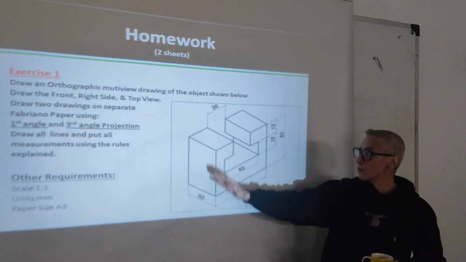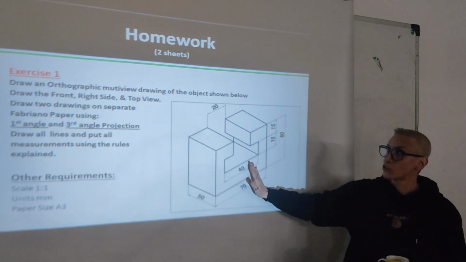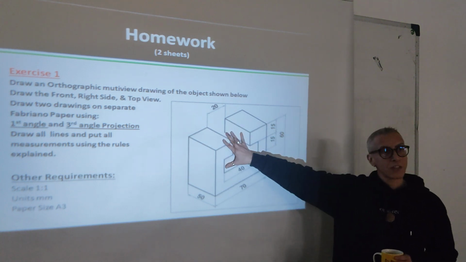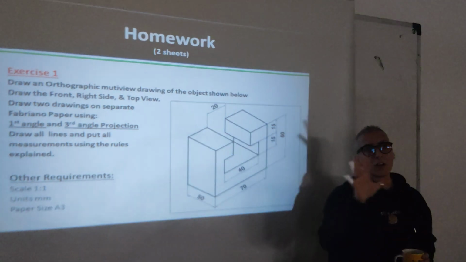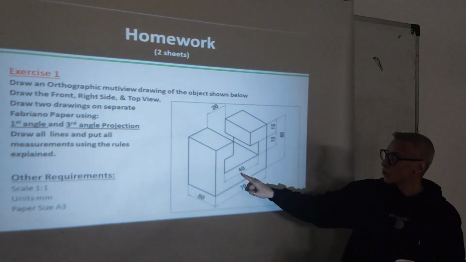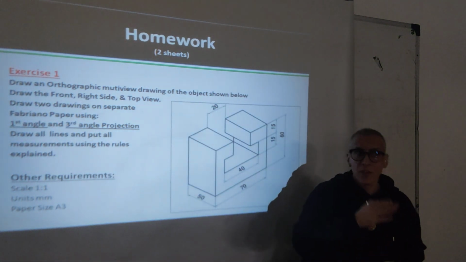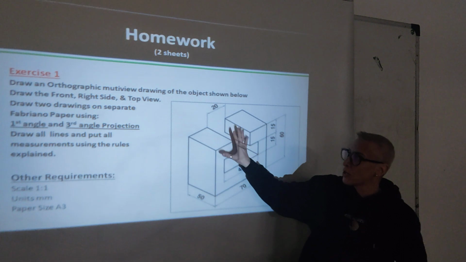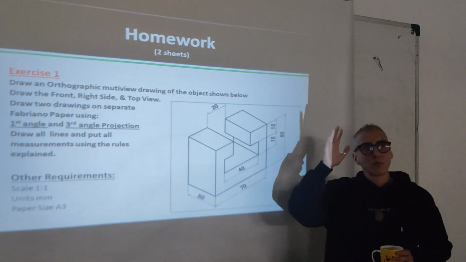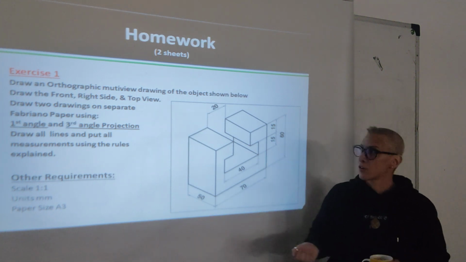I don't need to mention because we can only see 3 surfaces here, so you need to choose what is logical. Now look, this is the first exercise, but you have to draw it on 2 Fabriano sheets. Why? One time you will draw this object according to these measurements as a first angle projection. The second time you will draw the same object with a third angle projection. Okay? If you forget exactly how this works, go back to the examples of the last lecture.